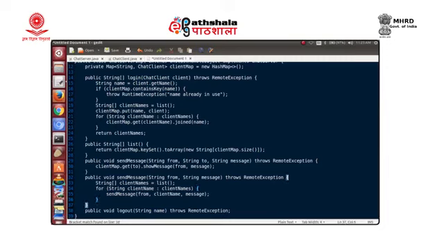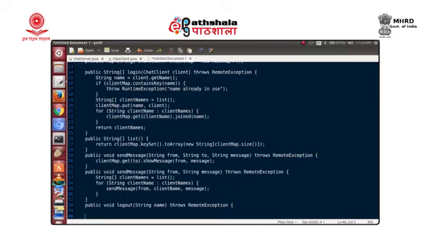So that is the method for broadcast message to all the clients, and now we have the method for logout. Let us write the implementation for logout. When we have to log out, we need to remove the element from the list. This client needs to be removed from our map, remove the mapping, that is the first thing we should do. So we have client map dot remove and we remove the name.